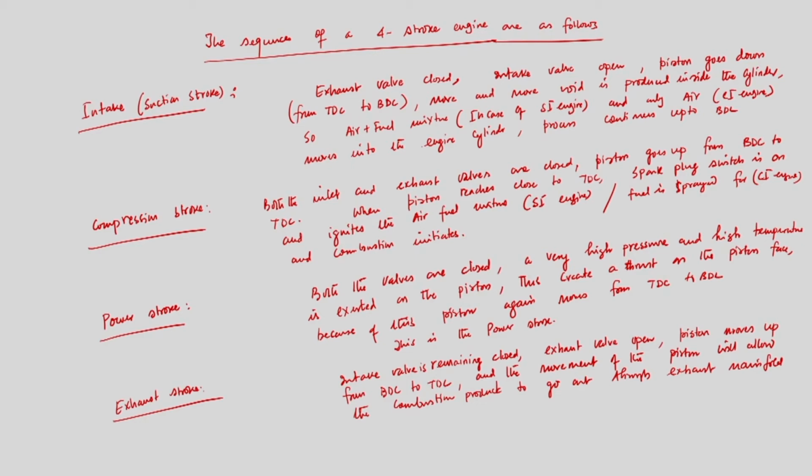So there is a difference between 2-stroke and 4-stroke engines for the exhaust stroke. I will discuss this in the 2-stroke engine. In a 2-stroke engine, there are no separate intake, compression and exhaust strokes; the power stroke is there because you get power, but intake, compression and exhaust all have to be completed in one stroke. So you will have only one idle stroke versus one power stroke. The power stroke will be there, but the remaining 3 strokes will be completed in one stroke only. We will discuss the sequence of a 2-stroke engine in detail, it is very interesting and fun, but now we have understood the 4 different strokes in a 4-stroke engine, whether it is an SI or CI engine.